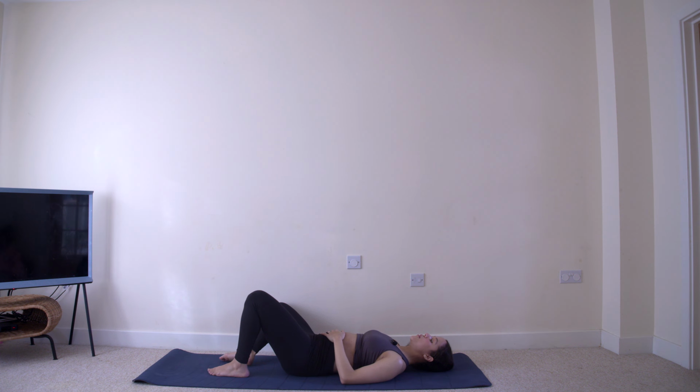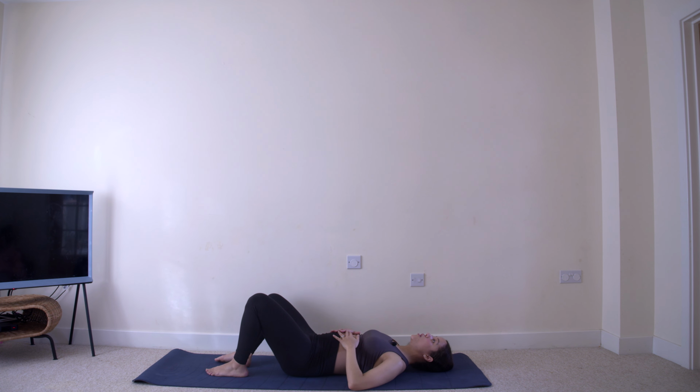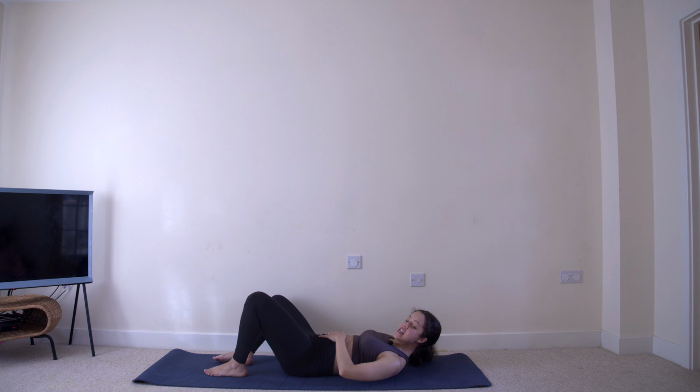Other side, and up. So the leg muscles should be completely relaxed. As you bring that leg up, you should feel the lower abdominals working to do that movement for you. And down,